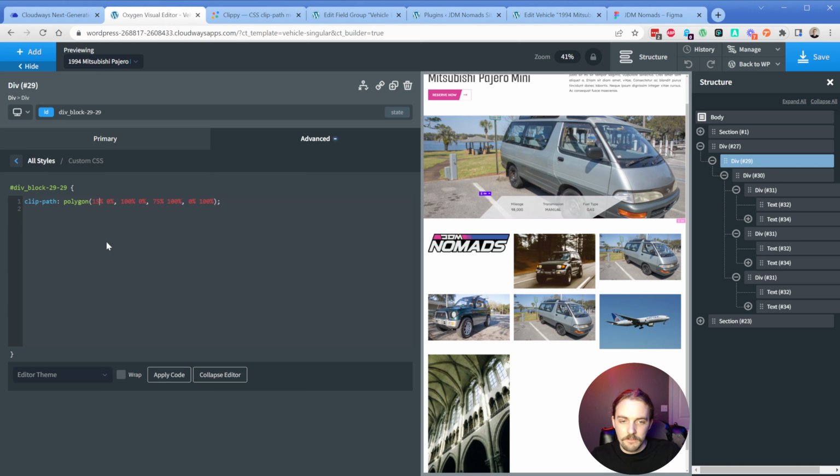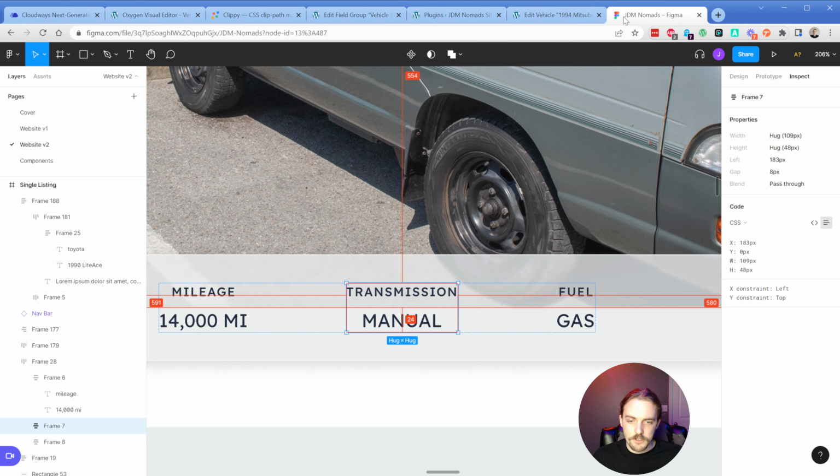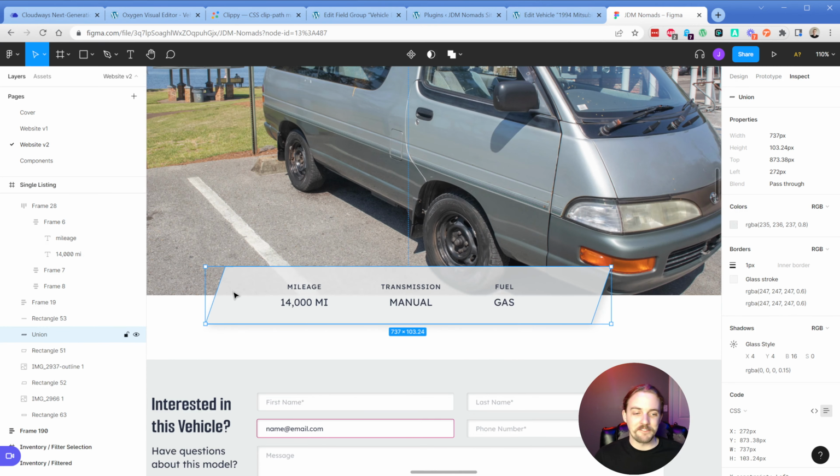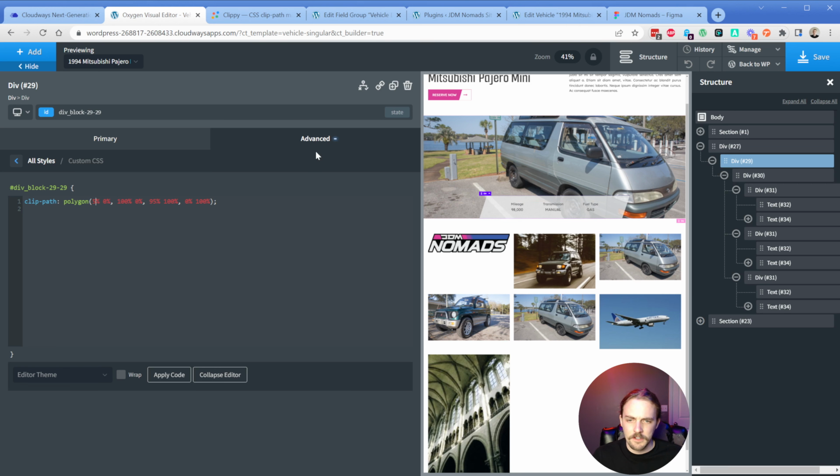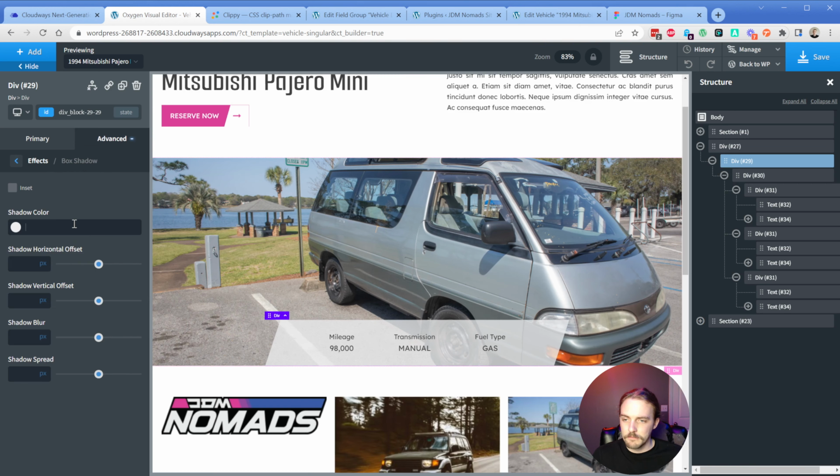So maybe like 15, ooh, even less than that. 10%. And then we'll go with 95%. Is that right? Or is it sharper? I think that's about it. I'm going to stick with that for now, and then we can go ahead and stick on this little box shadow. So the box shadow is this color and 44160. So advanced effects, box shadow,